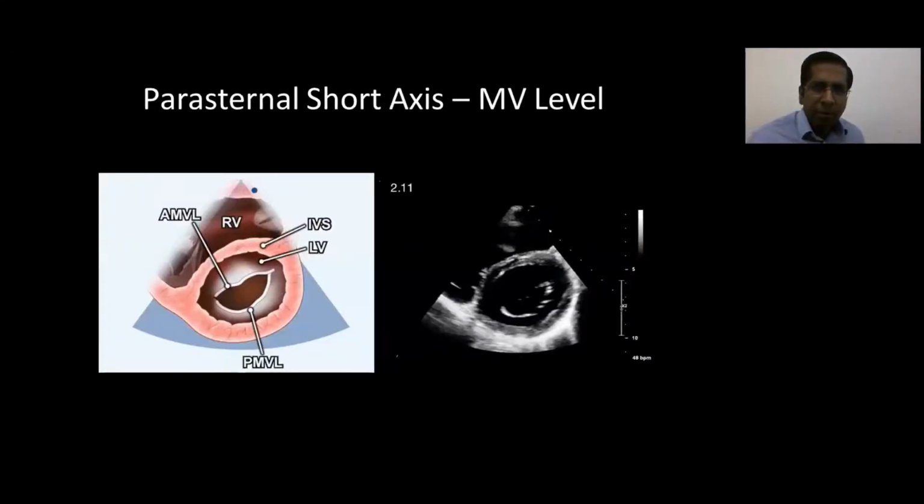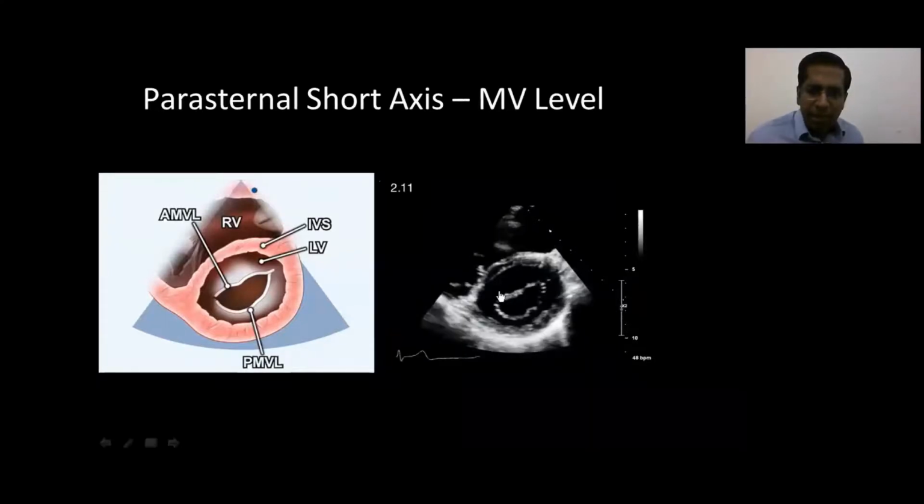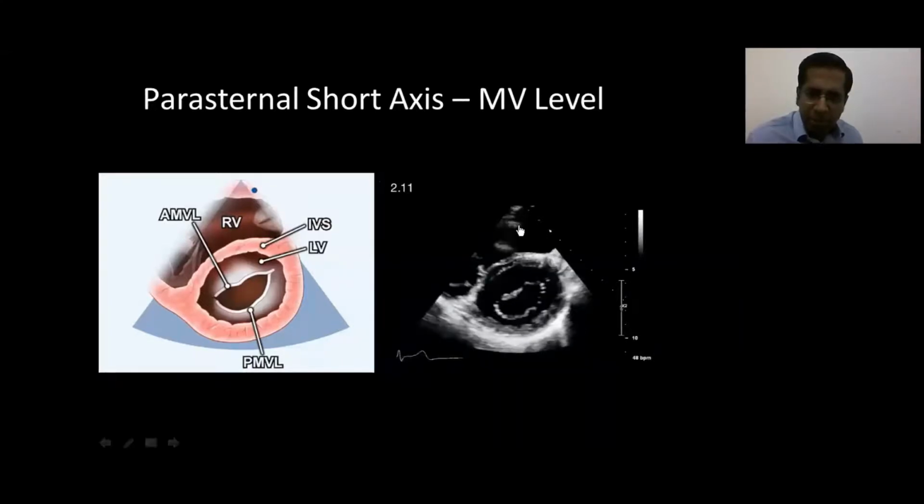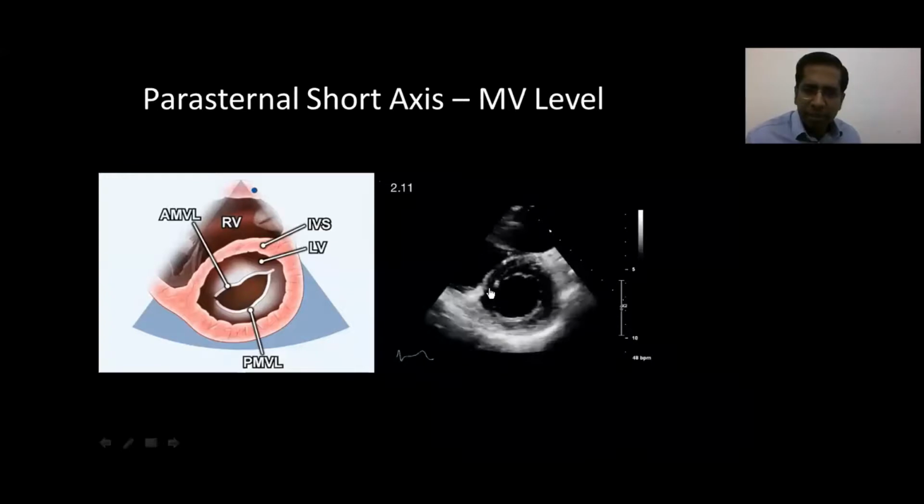Now we go to parasternal short axis view at the level of the mitral valve. And what you can see here is the anterior mitral leaflet, and what you can see here is the posterior mitral leaflet. The important technical thing to remember is that the right ventricle should be seen on top like this, and not at the bottom or the side. The other thing to note also is that this should be a nice circular image,